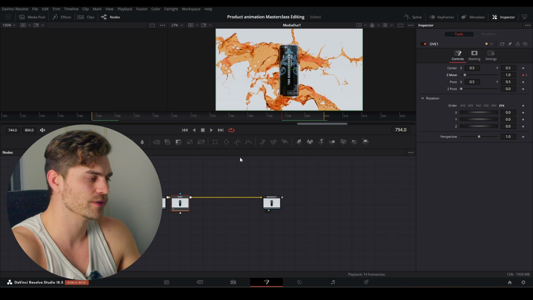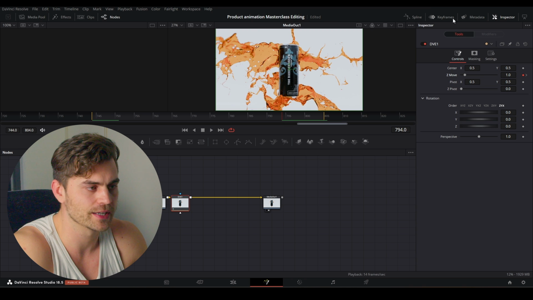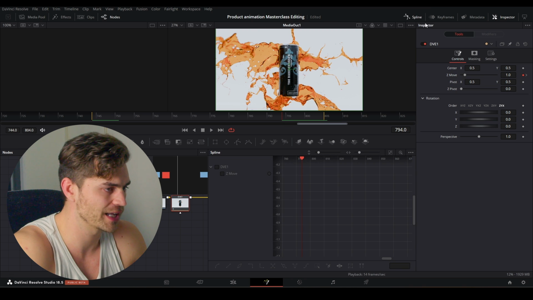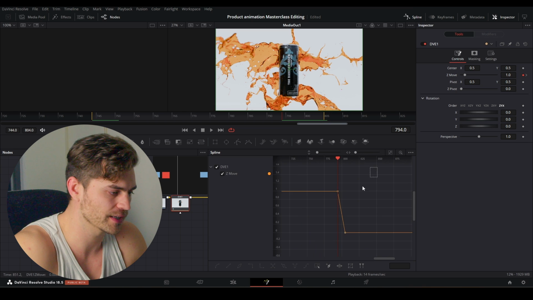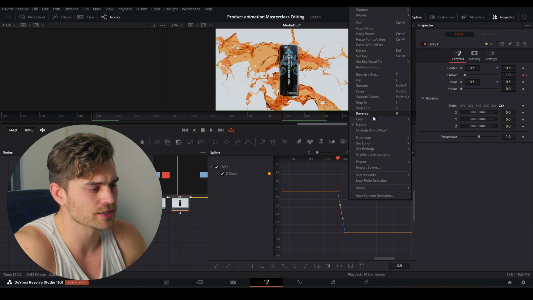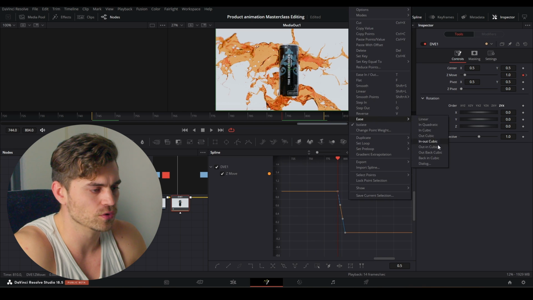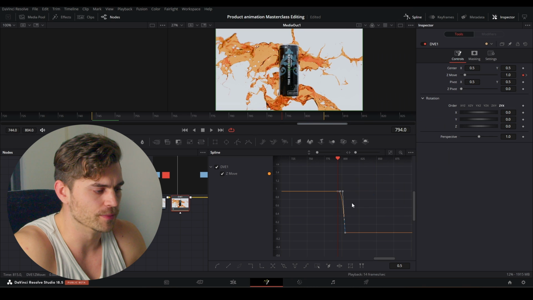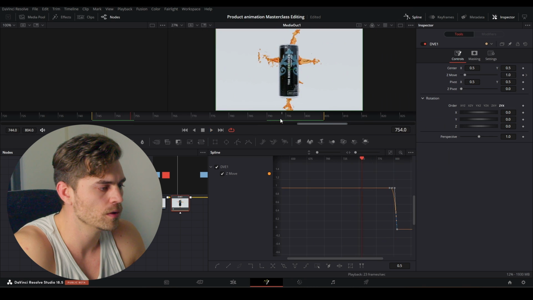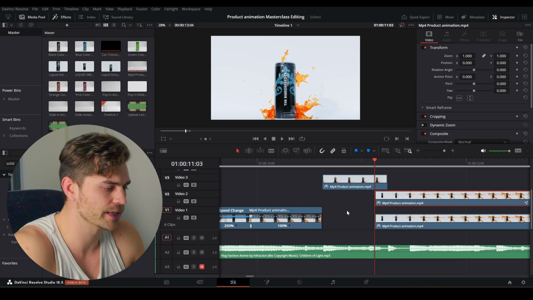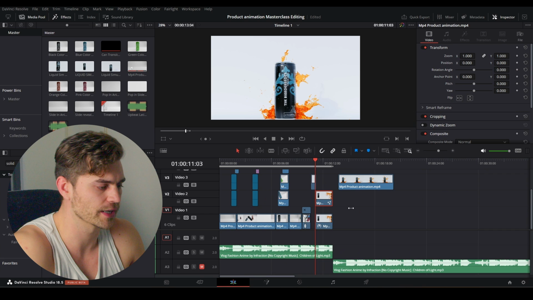But I think this animation looks a little bit weird and linear, and that is the case because if we open up the spline editor right here and open up our move, you can see it is a linear move, and I do not want that. So I'm going to change this ease and set it to, what was it again? In cubic. Then it's slowly moving in and going over there.